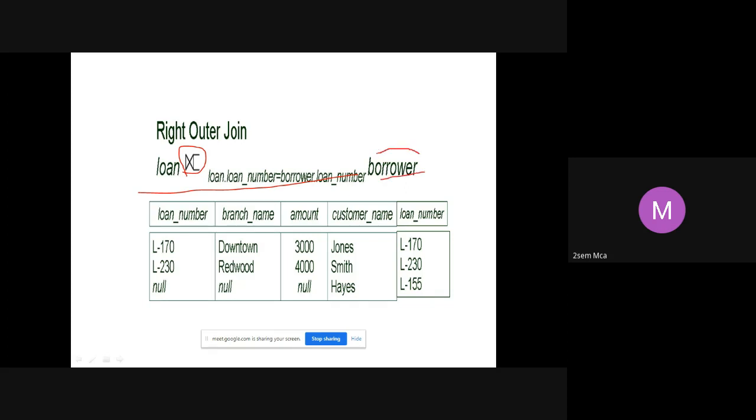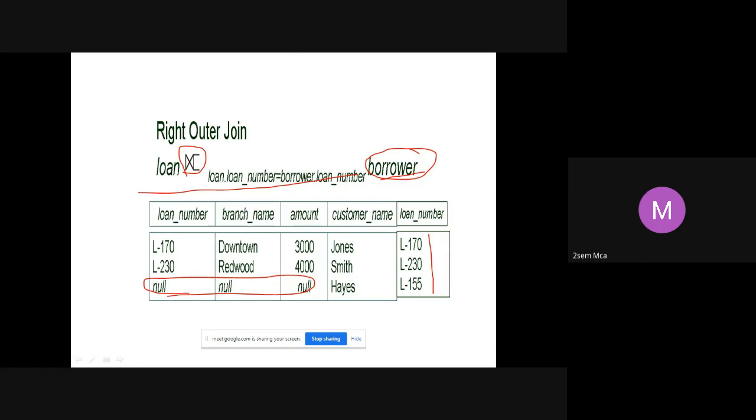So whatever is there in borrower table, I will retain all the records. All are retained. Even 155 will come in, though there is no match for 155 in loan. So corresponding loan value here will be null. Same thing. Instead of doing on the left side, we do it on the right side. That's all. All the loan numbers of your borrower table will be retained.